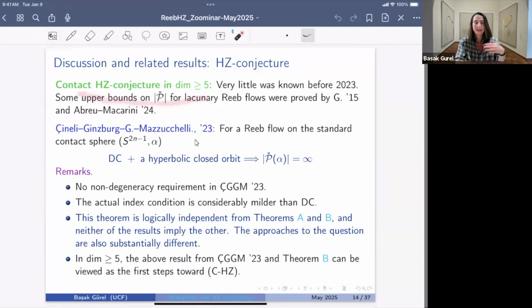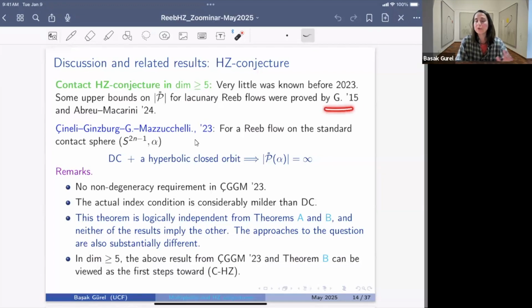Before I state our results with Arman, Victor, and Marco, one can ask, what do we know in the Reeb case? Essentially almost nothing before 2023. When you look at it like at most n or infinitely many, one thing that one may think about is, of course, that upper bounds on the number of closed orbits also become relevant. Lower bounds are studied, but can you also say that this Reeb flow has at most that many? Some upper bounds were proved for lacunary Reeb flows, meaning that all closed Reeb orbits have the same index parity,